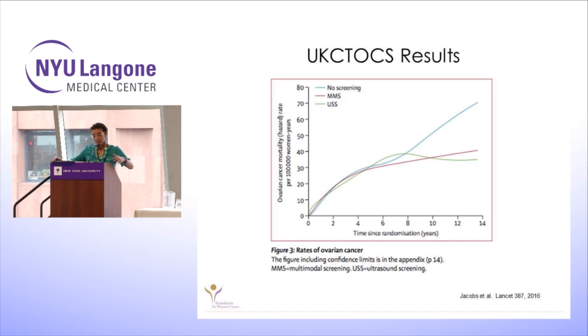So they went on. But then as the screening continued, they were able to identify women and keep those patients alive longer and therefore change the curve. So had they prepared for this at the initiation of the trial, it would have been a positive study, meaning the screening would have likely shown a benefit. But they did not prepare for this from a statistical standpoint. And in the research community, we look very poorly on people who change their statistics after the fact because we're worried maybe they're cooking the books a little bit. So we take it with a grain of salt. But overall, I think these are very heartening results. And I think that going forward, use of the ROCA algorithm will show some benefit.